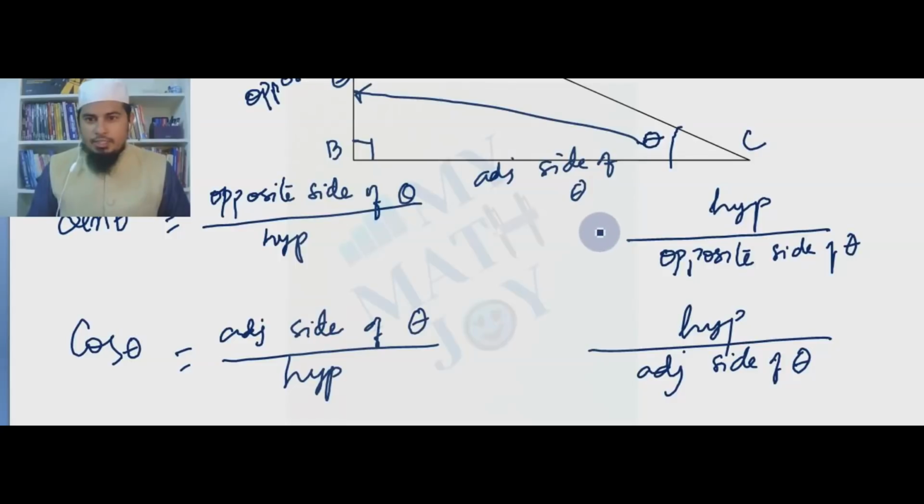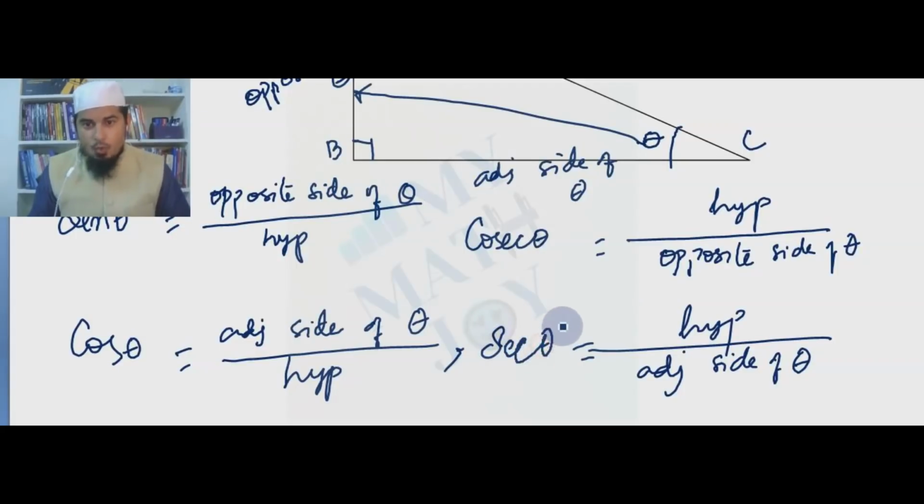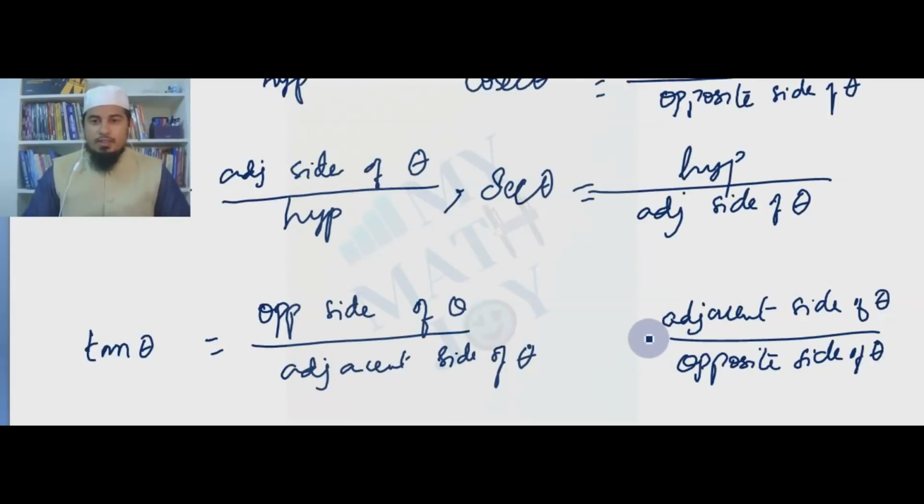Easy. This next one is just the reciprocal of this. If you see, hypotenuse by opposite side of theta is exactly the reciprocal of sine. So this is also a trigonometric ratio. Let us name it cosecant theta. With this we can learn sine and cosec, and they are reciprocal to each other. Moreover, let us learn about this ratio and call it secant theta. Wow, so easy. And the last ratio, adjacent side of theta by opposite side, the reciprocal of tan, is named cot theta.